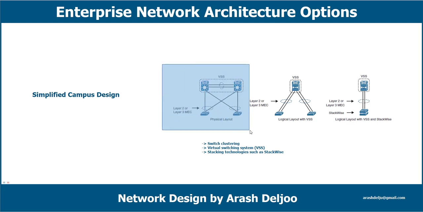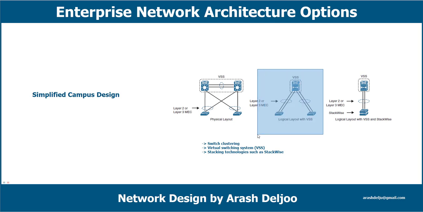Look at here, in the first physical layout, you can see that the 2 distribution switches converted to 1 logical switch with VSS technology. You can use only VSS. If you use only VSS, then here you can see, because now between this access switch and this VSS we have 2 links, we can aggregate these 2 layer 2 or layer 3 links together. We will have multi-chassis EtherChannel, one here and another here. Okay, this picture. But if you can do the StackWise or stack these 2 access layer switches